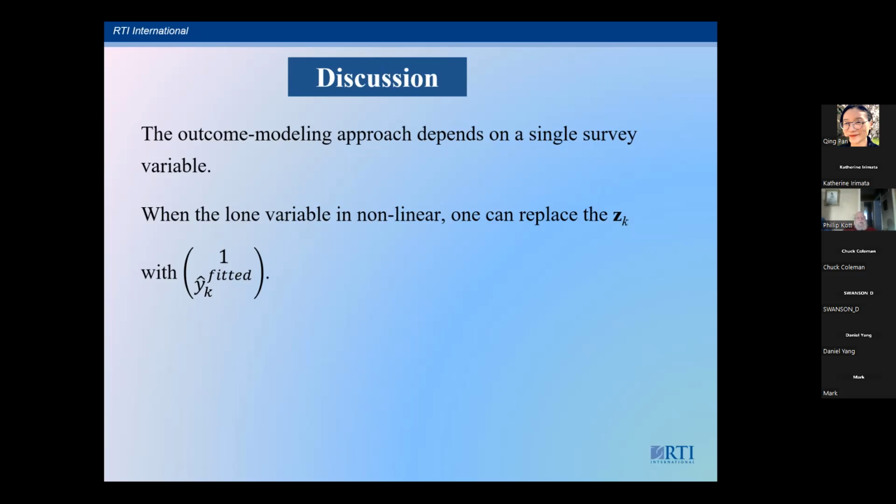What I suggest is, if you just have a nonlinear model, why not just replace z by 1 plus the fitted? And remember, like in the case of linear models, we don't even worry about what all those z's are. We don't worry about non-response being a function of something other than the y's, because the only thing that matters is y and what fits the y, because we're trying to just fit y. So we can just put 1 over y hat and make that z, and then,